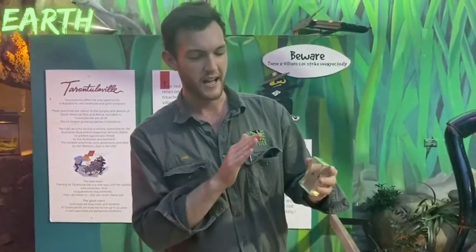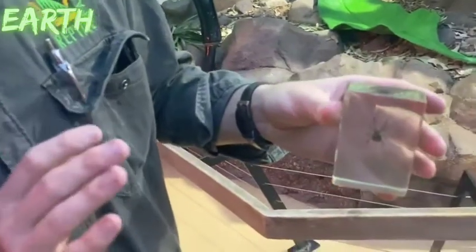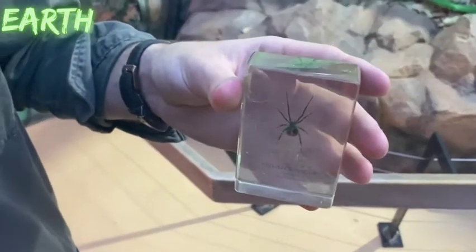Say it's trapped in your clothing or trapped up against something. You need to push on the spider in order for it to bite you. They are a very inoffensive species. They do not want to have anything to do with us. All they will try and do, if they feel like they're being squished and about to die, is defend themselves